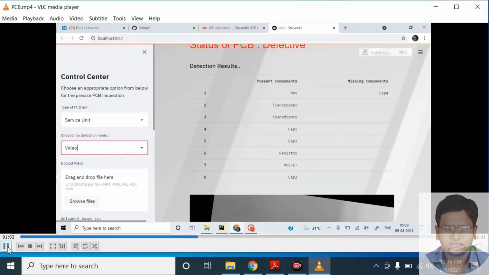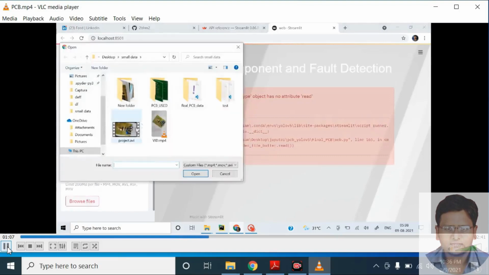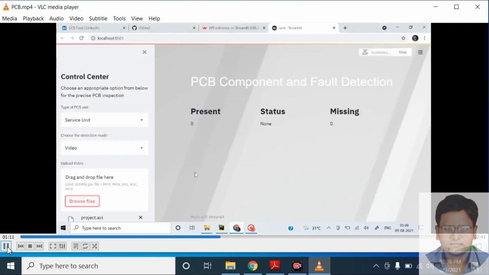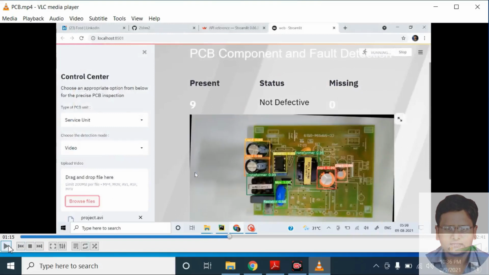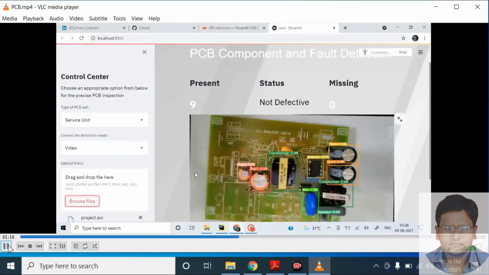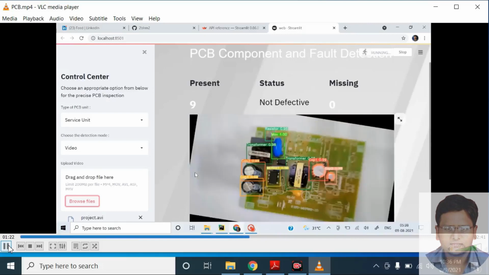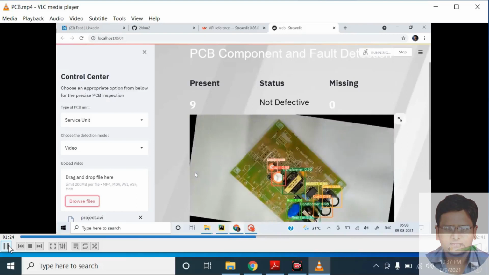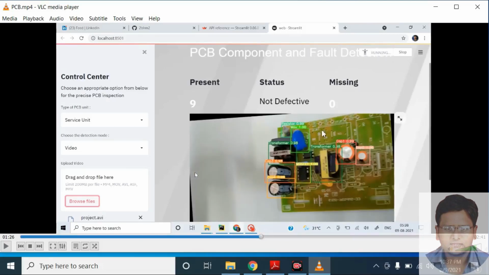Also we can provide video. We will browse the file. After browsing and selection of the file, it will go through that file. It will check. It is running now. You can see all the parts here with their accuracy.